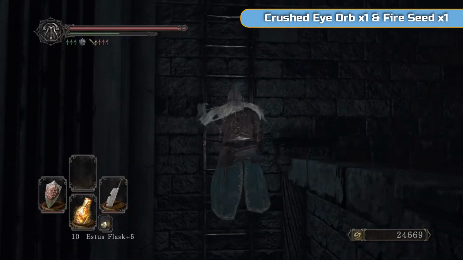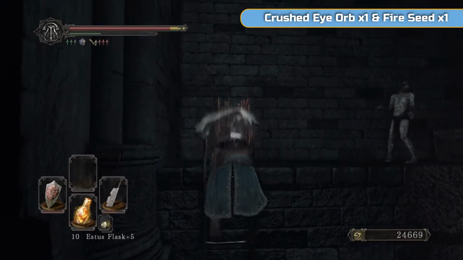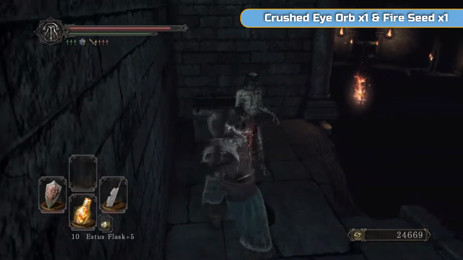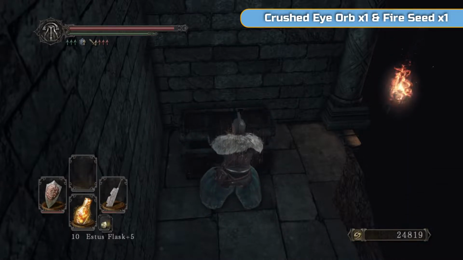This ladder here, just keep going. So let your stamina rebuild and then just go. Nothing you can do about that ghost, unfortunately. You're going to take that hit. And then in here there's a crushed eye orb, which is going to allow us to